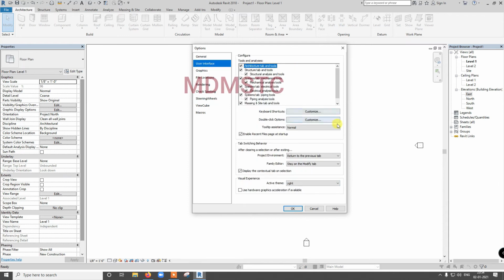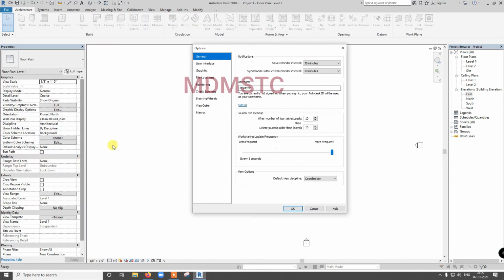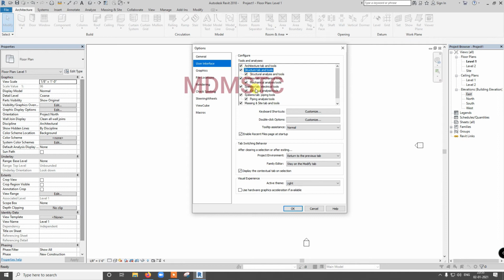User Interface. Okay, here just see some tools, tab names are there. Here same like this. If I remove this Structural tab and click OK, see my Structural tab is removed. Like that, whatever you are going to use, that tool we can load it here. If I am going to do architectural model only, I am not going to do MEP, in this case you can untick this. So your tab will be less, only some items.